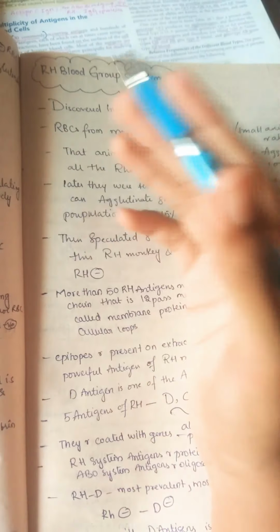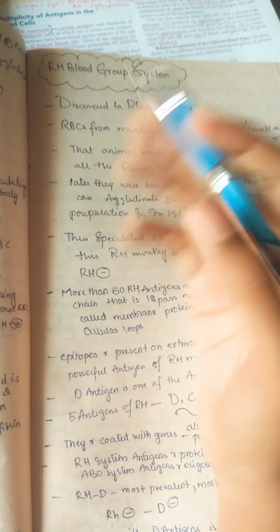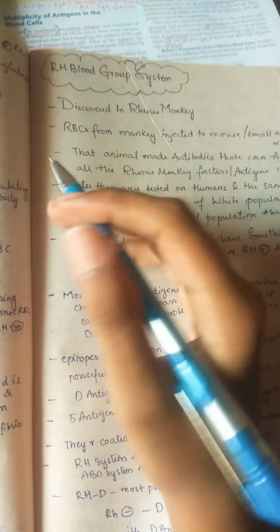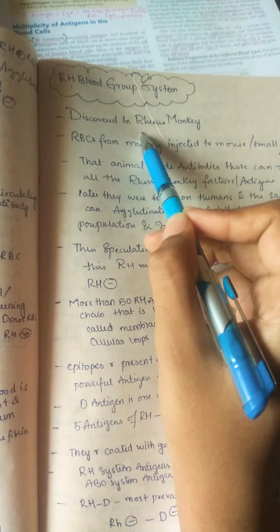We need to start our RH blood group system. We are in blood physiology. Now we are at the last part of our blood grouping, that is our RH blood group system. We already completed our ABO blood group system. From the name you can understand RH means it was discovered mainly in the rhesus monkey,